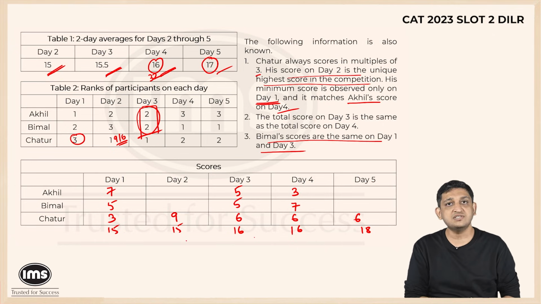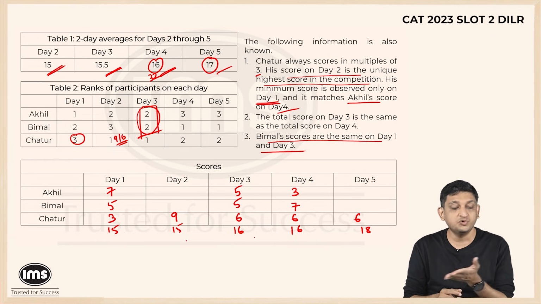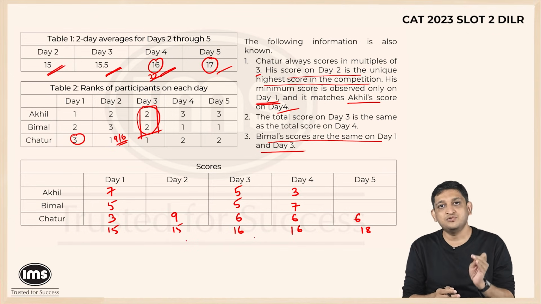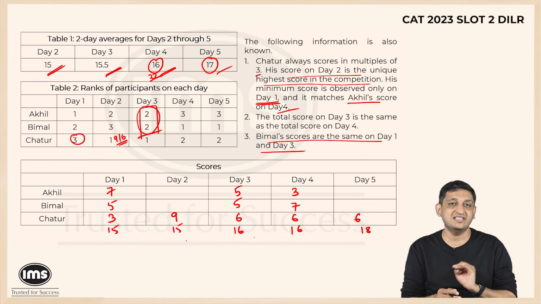Again, in the remaining boxes, we have to fit the data. What else can we do? We have used all the data points that we had. So the other numbers we know will be variable, and that is what will lead us to those possibilities that are present in the questions.